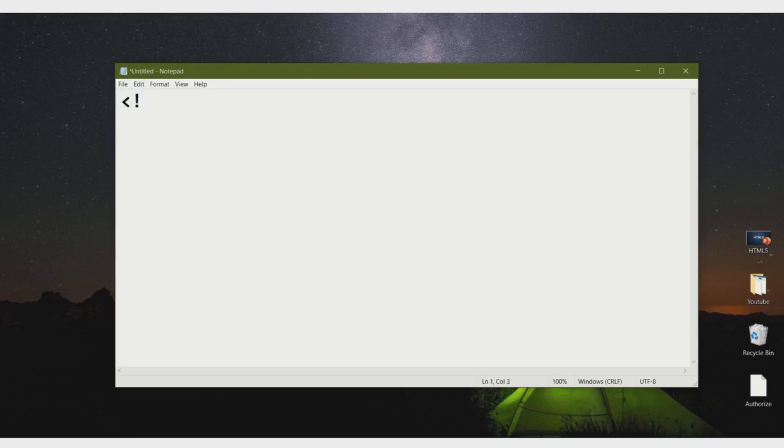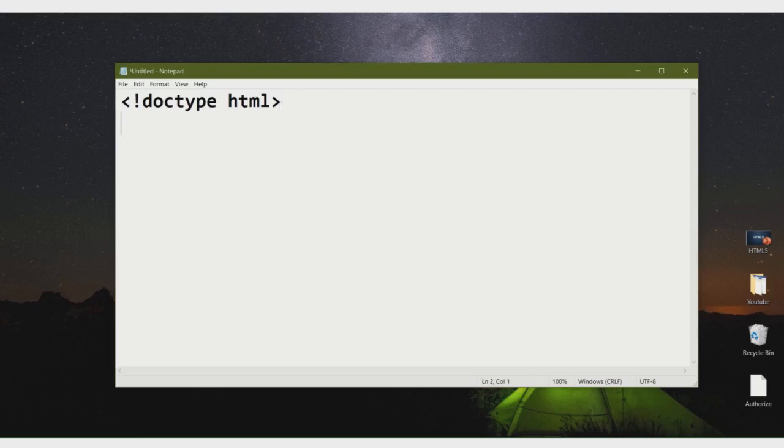First you have to give an exclamation mark and then type DOCTYPE html. This is the first line of the HTML5 structure, and it tells the browser it is the HTML5 version.